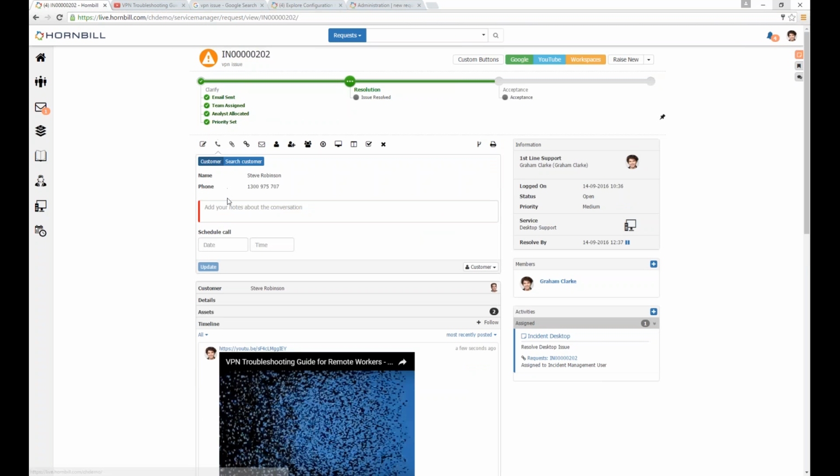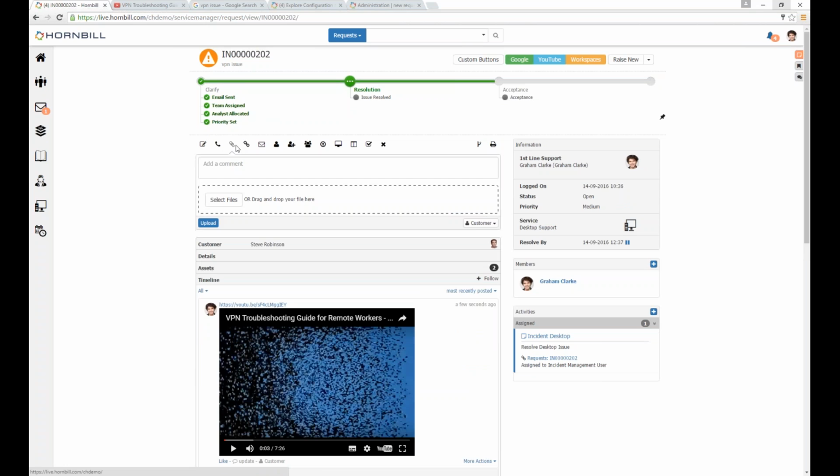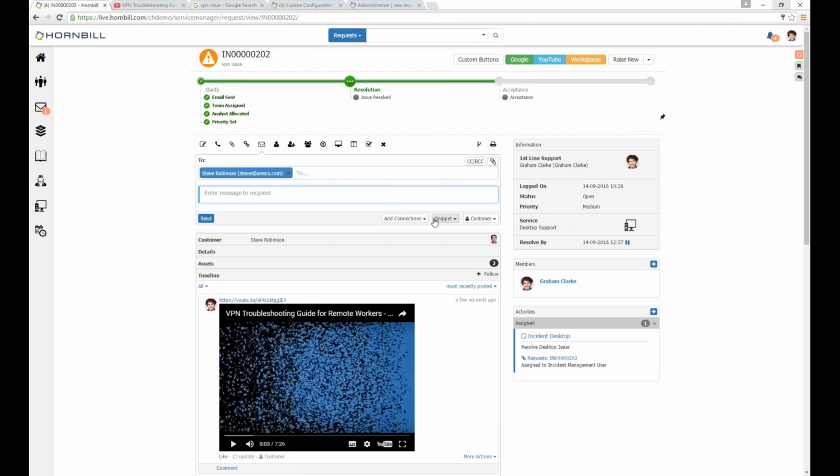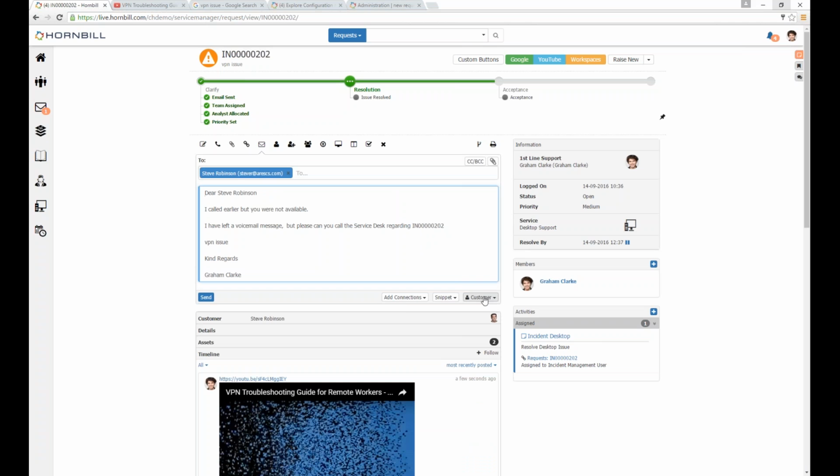So moving along, we can schedule a callback, we can attach a file, we can link requests, we can send emails. With the emails, we've got the similar multi-clip functionality. I know a lot of customers like this, just to put a bit of preset text in there. And as you can see there, we can share this, but we can manage all of these, regardless of user or team. We can share these with particular users or teams if we want to. Change the customer, assign